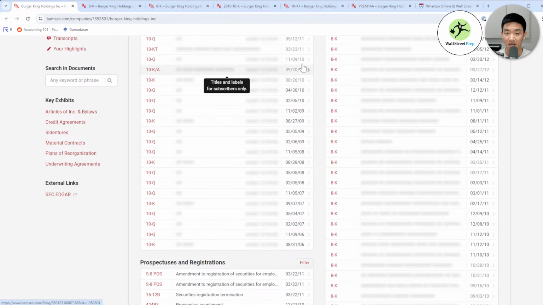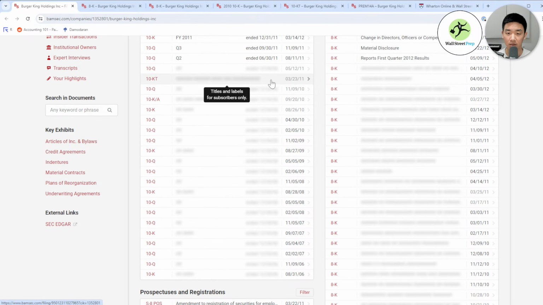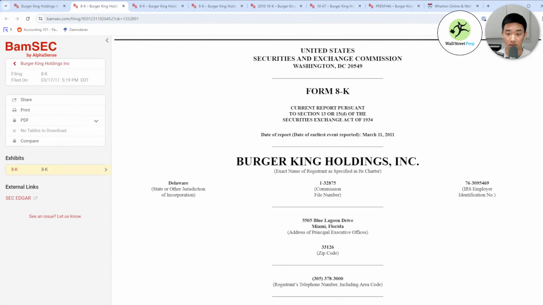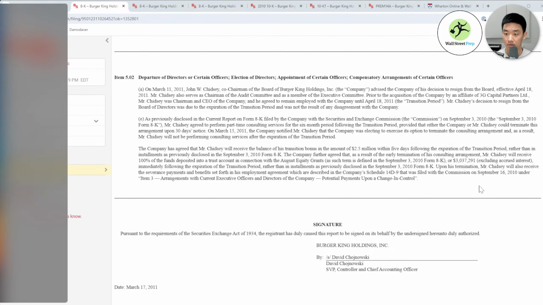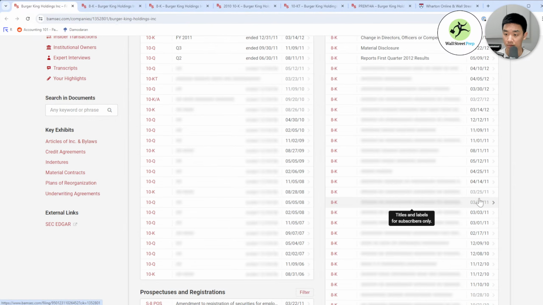The way I found this was, okay, we're using this 10K, which was announced on March 23rd. And then they probably announced a press release at one of these times, which seems to be the second one.